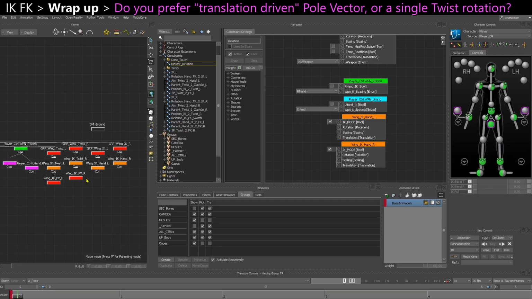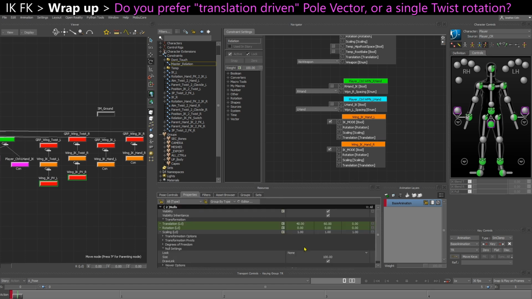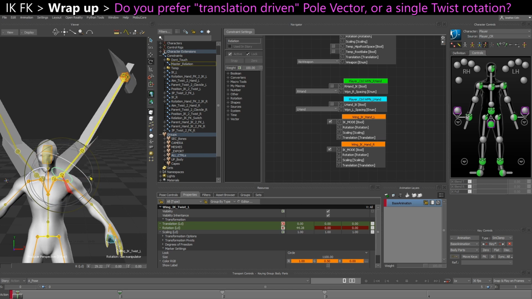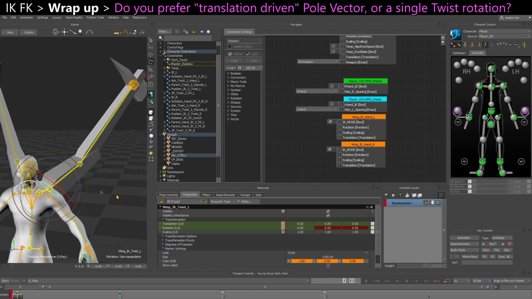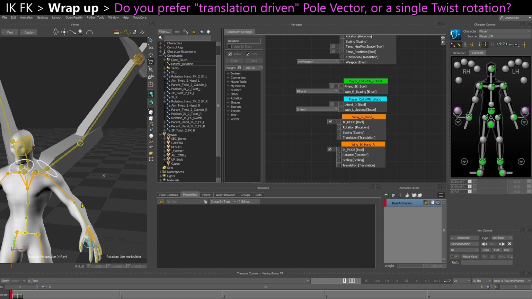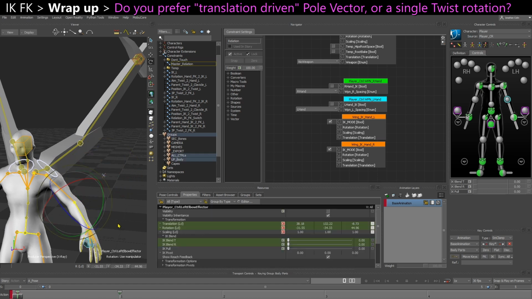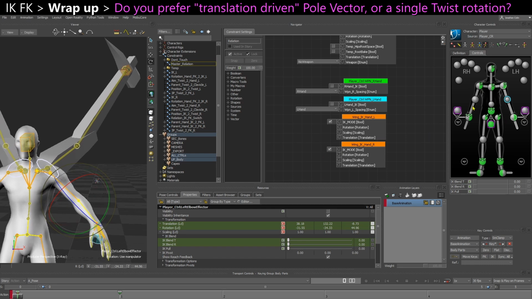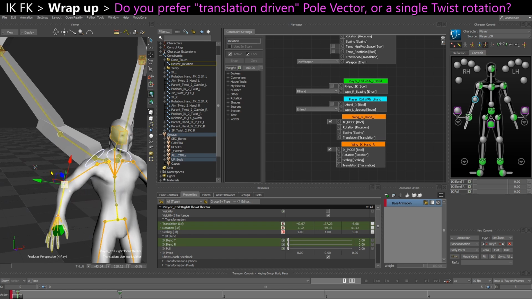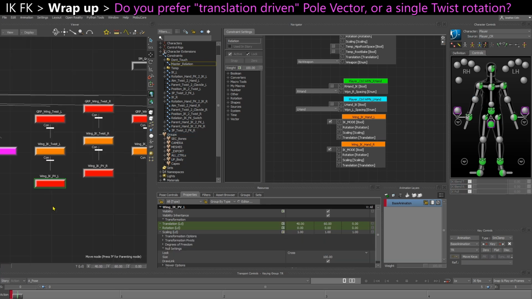And just one last note about the pole vectors. Personally, I like working that way with just the twist value. I find it way easier than dealing with XYZ. But if for some reason you want to have that pole vector exposed like a traditional Maya or Blender rig, I could see the use if you have to have that elbow kind of pinned in position somewhere, just like with human IK you would with IK blend translation. So if you need something like that, you can always